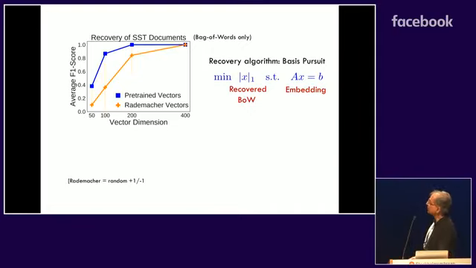And to our surprise, we find that even when you're using trained word vectors, like GloVe, you recover the documents. This is from a classification data set, SST, and you recover it better than with random word vectors. So you recover it better than the theory of compressed sensing would suggest. This is F1 recovery for the bag of words vector, and the orange graph is for Rademacher, which is random vectors. So this is kind of surprising, that word vectors actually work better for sparse recovery of text.